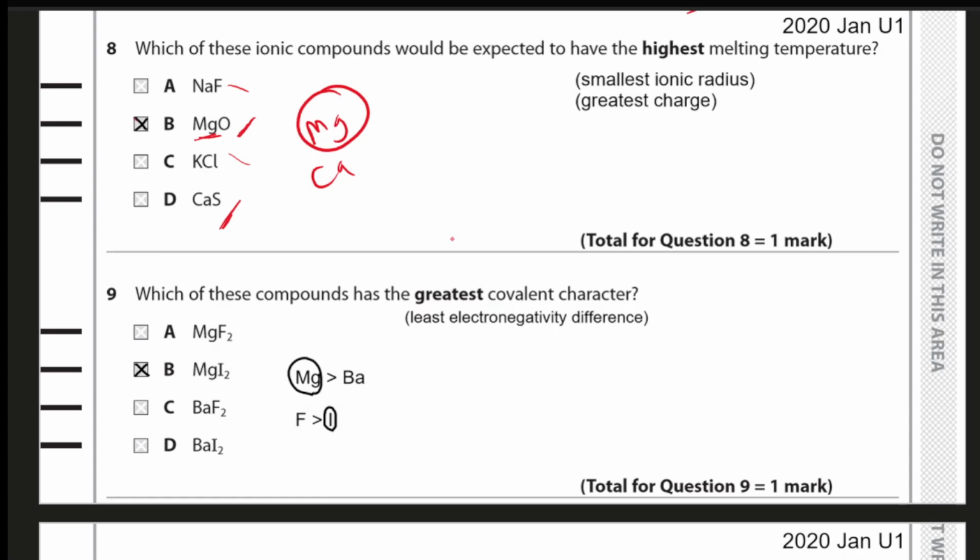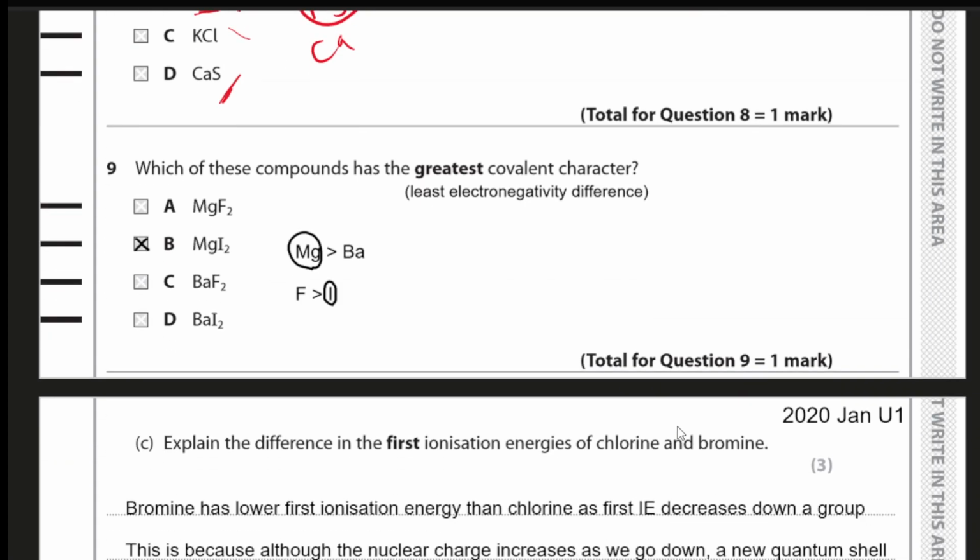All right, moving on to the next part: which of these compounds has the greatest covalent character? If you check out A, B and C, D down here, we need to check the electronegativity difference again. The one which has the least electronegativity difference will have the greatest covalent character, and vice versa. That means if the electronegativity difference is higher, there's a higher chance it will have ionic character. Again, if you compare magnesium and barium, obviously magnesium has a higher